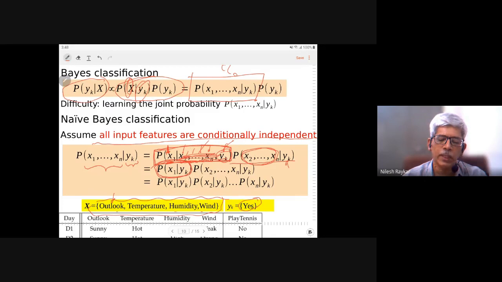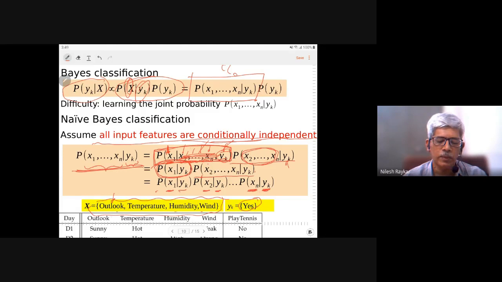And the same process we can extend for the remaining terms. So what is remaining now is x2 up to x10 up to yk. So this can be reduced to p2. So what effectively we finally get is that the probability which we are trying to find out, when the features are conditionally independent, is given as individual conditional probabilities. So what is the probability of day being sunny when you are playing tennis? What is the probability of temperature being hot when you are playing tennis? What is the probability that you will have high wind, strong wind when you are playing tennis?